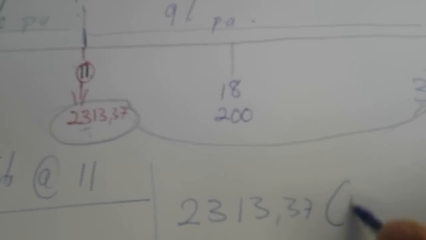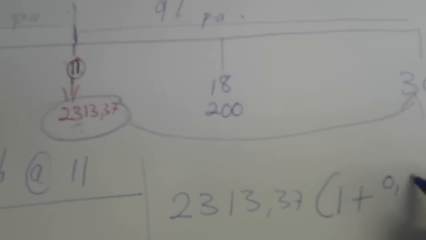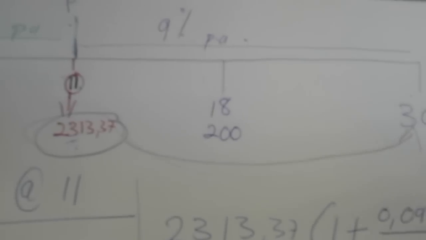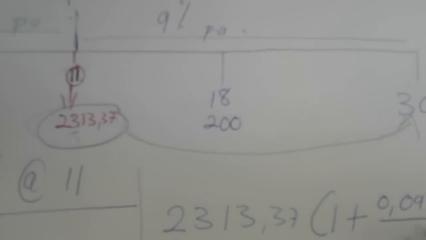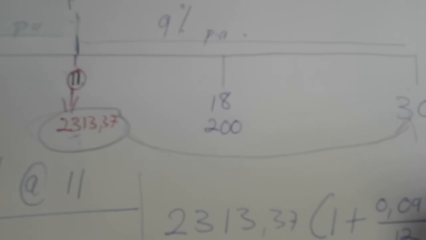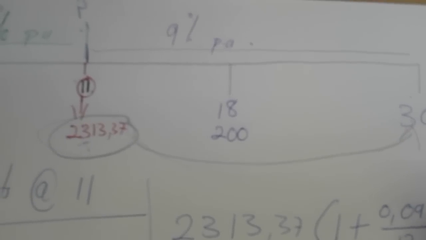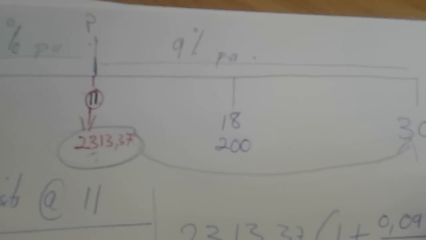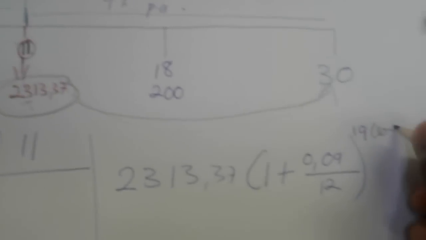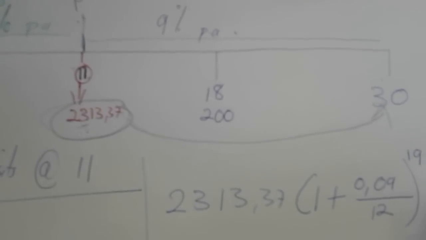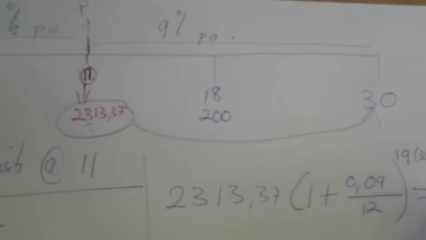2,313.37 into 1 plus 0.09 divided by 12, because it's compounded monthly, to the power of 30 minus 11, which is 19. Remember, 30 minus 11: the 30 there minus the 11 there. If you compute this, you should get